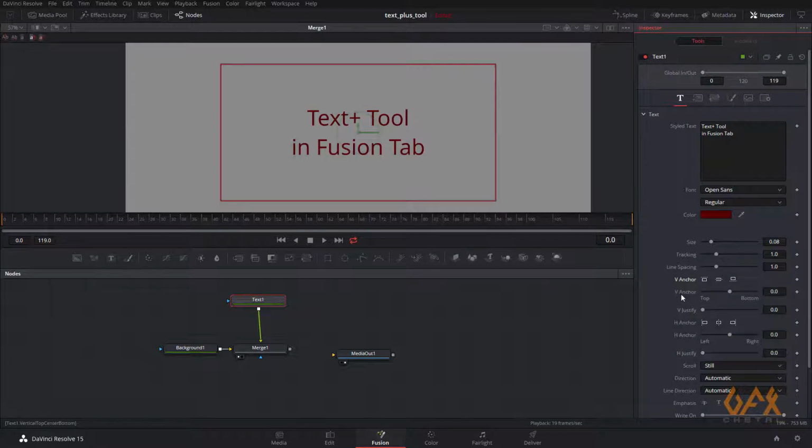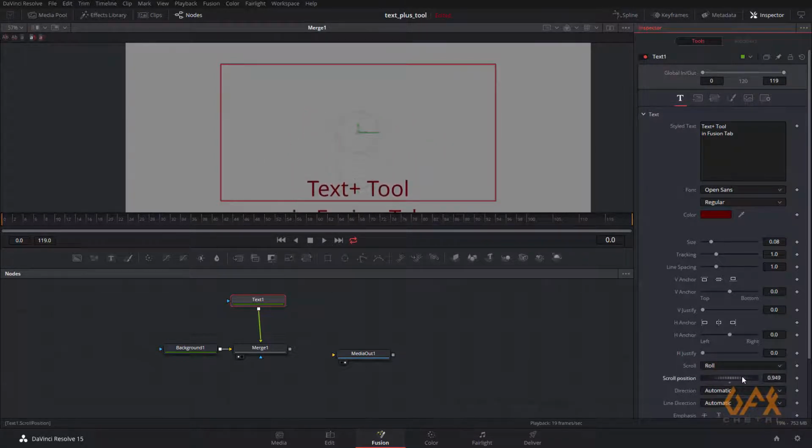Even now this vertical justify works properly. For example if I set like this, okay, or horizontal justify works properly. Even you have activated more options like roll, crawl.